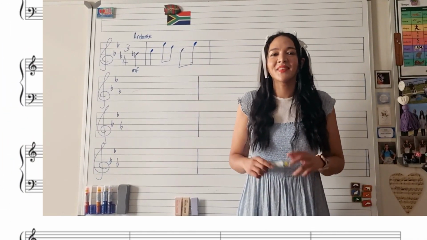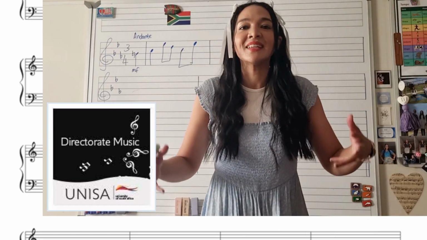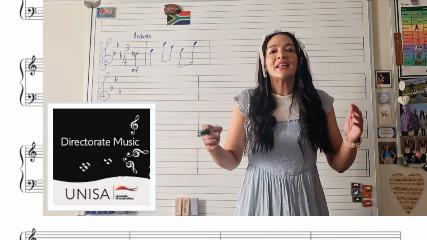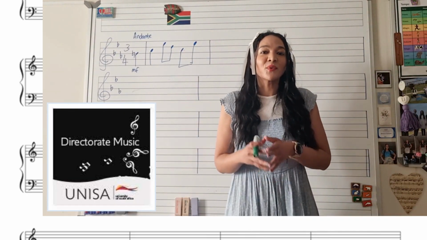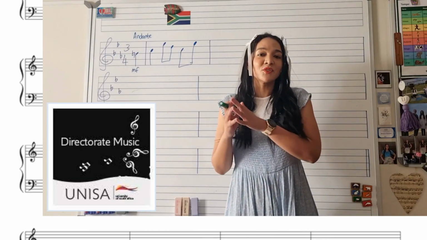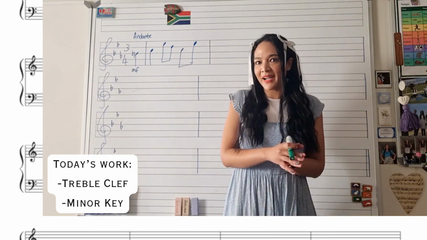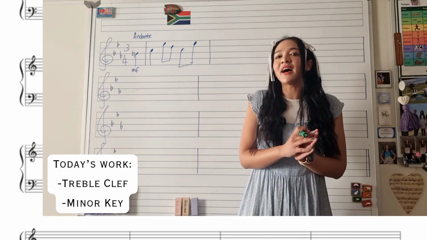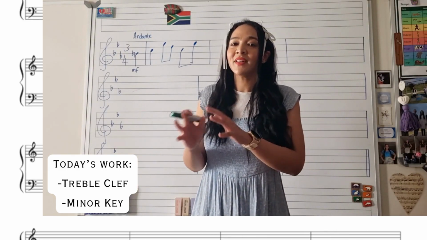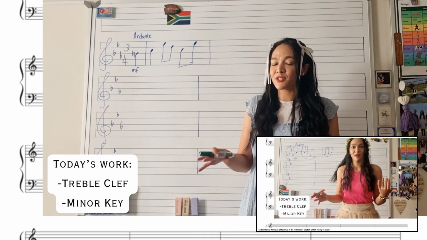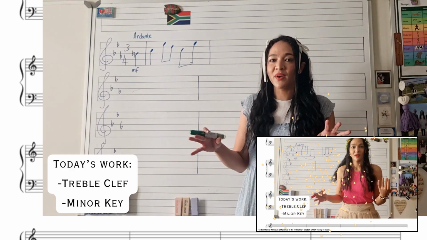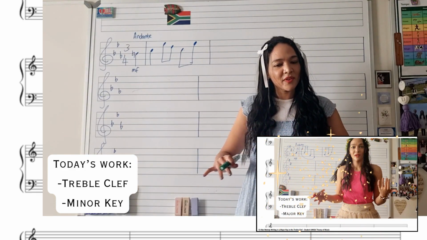Today we will be looking at the UNISA Theory of Music Grade 6 melody writing topic. Today we will be focusing on writing melodies in the treble clef in a minor key. Of course I have done a previous video on writing in the treble clef but in a major key, so please do make sure that you go watch that video,